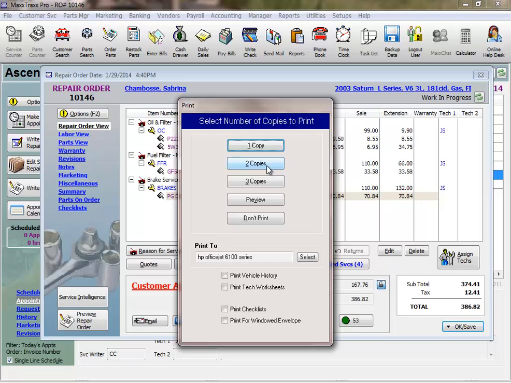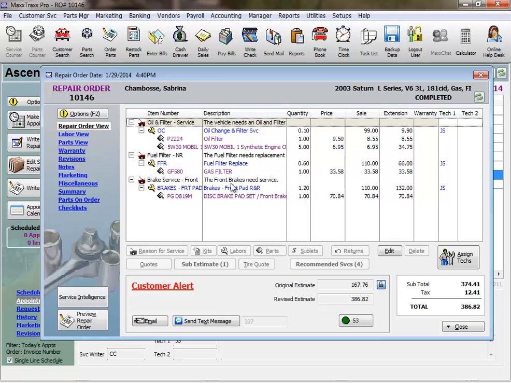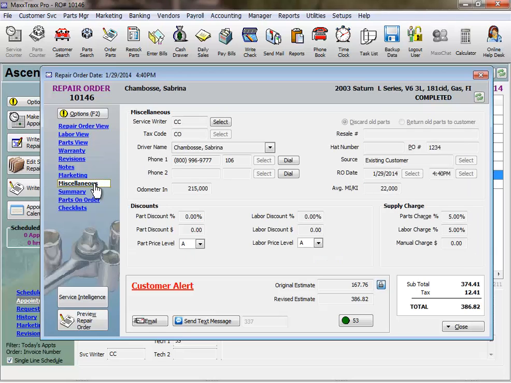One for me to hand the customer, and one for me to read as we review the work performed and the charges to the customer. Now when I go back into that RO, which is actually now an invoice, I cannot make any changes. However, let's say the customer brought in a coupon. I could close only,